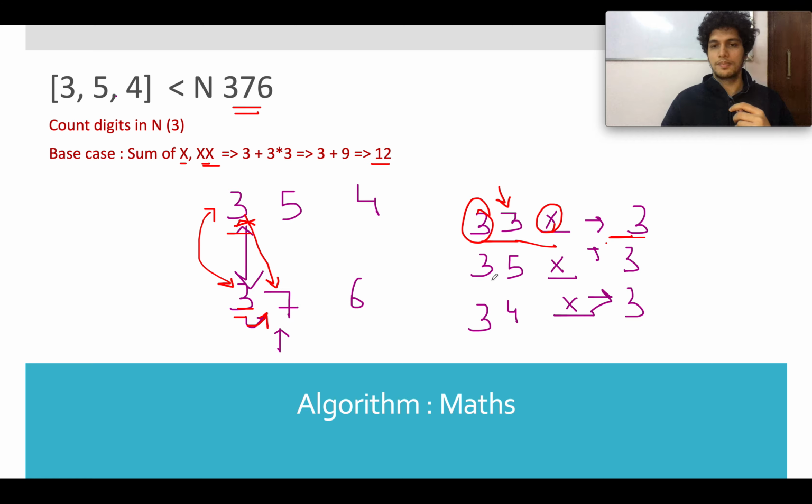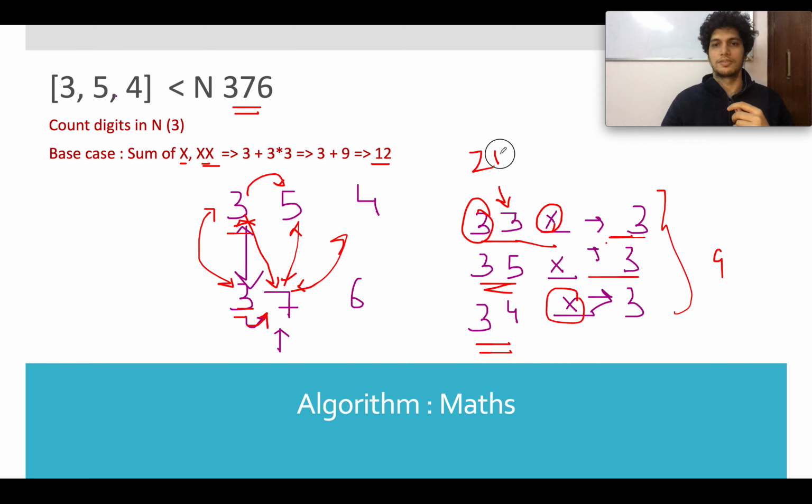You move ahead in your digits array, and you compare 7 with 5. So 35 becomes fixed this time, and it's still less, you can choose any value, and hence becomes 3. And now you again compare it with 4, so 34 becomes fixed, and for the units part you can choose any value and gives you 3 again. So this gives you 9. So 9 plus 12 is equal to 21, which is your answer for this problem. This is how we are going to go about this.